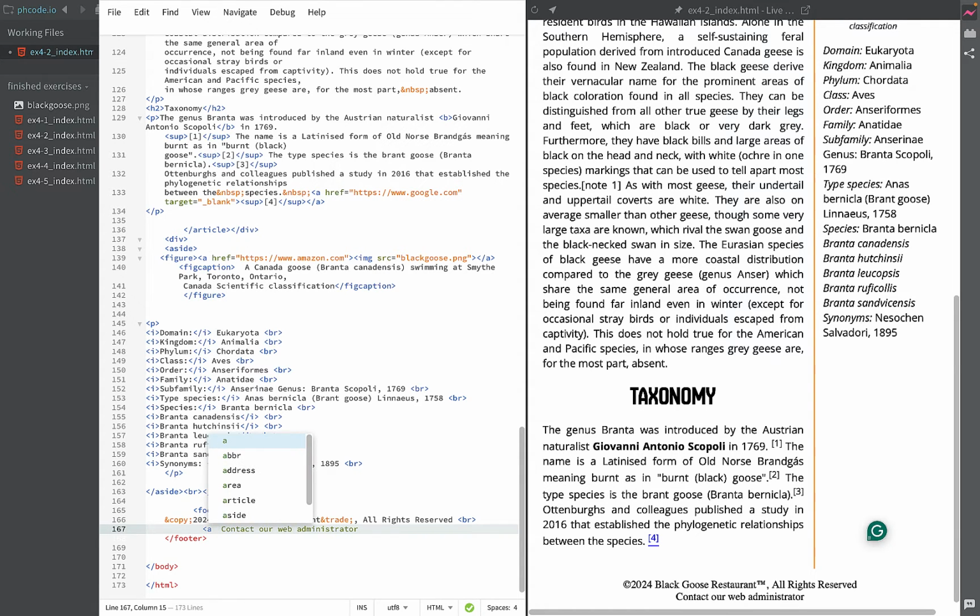So first I need to make my A tag, wrap it around the entire call to action here. This would be a call to action saying, hey, do something. We would like you to contact us. And then my href is not going to be a web link or an internal link. It's actually going to be what's called a mailto. So that's mailto, all one word, colon, and then you will put in the email address. So if I put in admin@blackgoosebistro.com, which is a made up